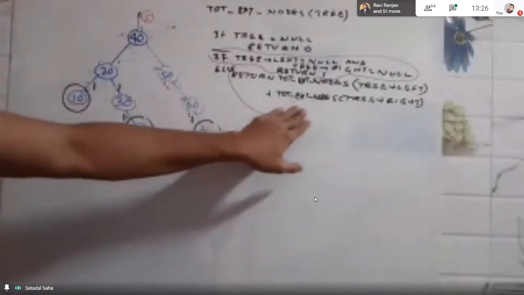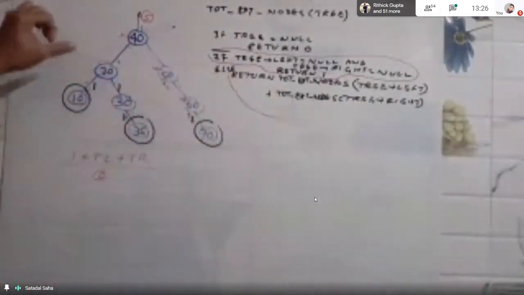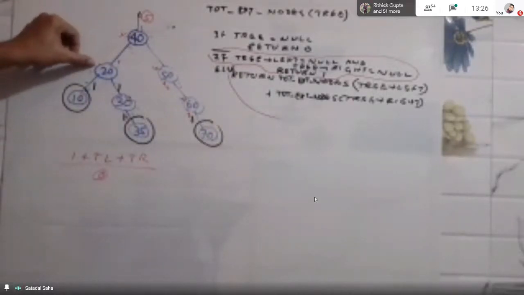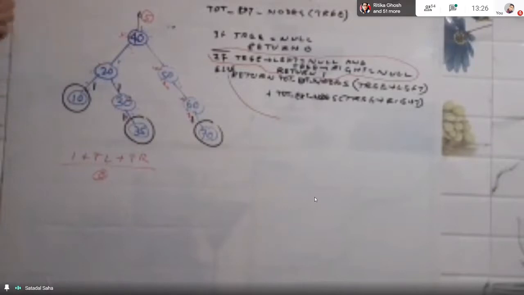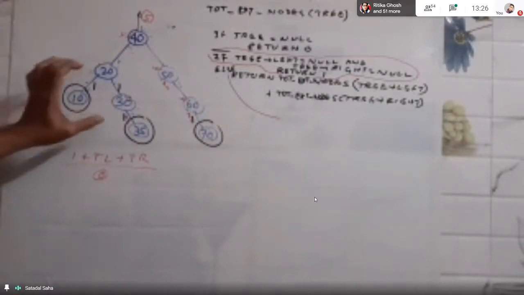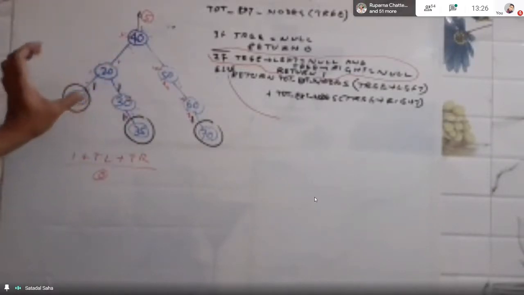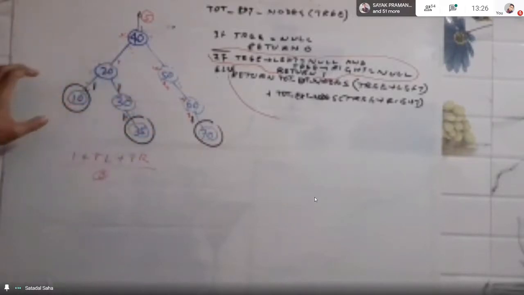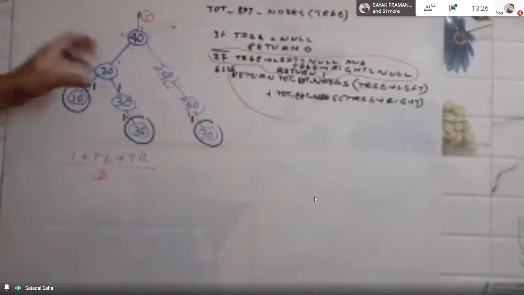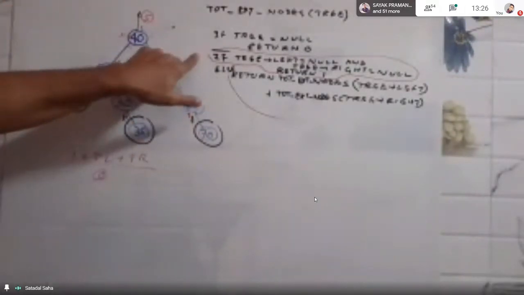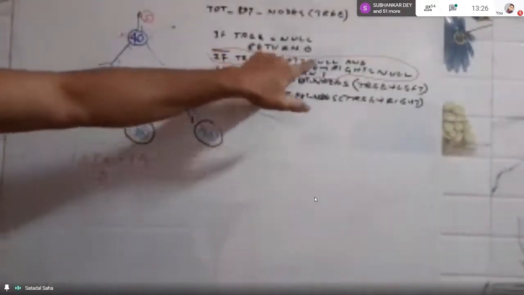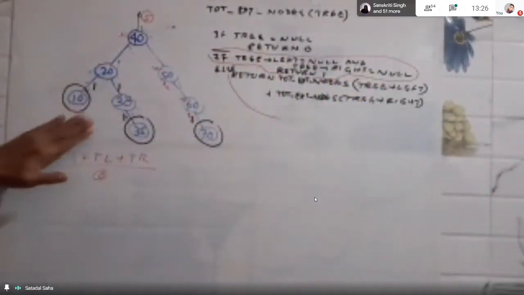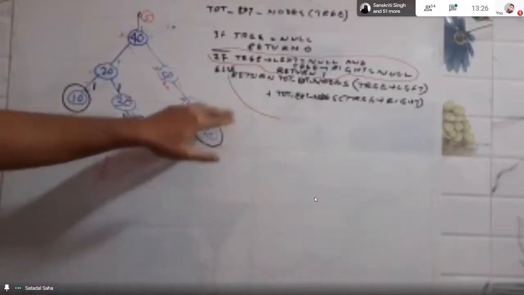And plus 1 is gone because plus 1 is for its own. So it will not add its own data or count number. Rather, it will add its left child number and the right child number. That means it is adding the count from the left child and the count from the right child. And the only case when the data is generated is this if block. That is when the left child is null and the right child is also null. That means it is a leaf node. That is 10, 35, and 70. In that case, it will return 1.